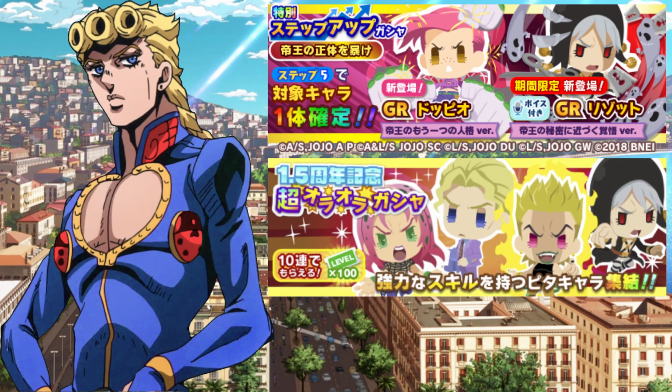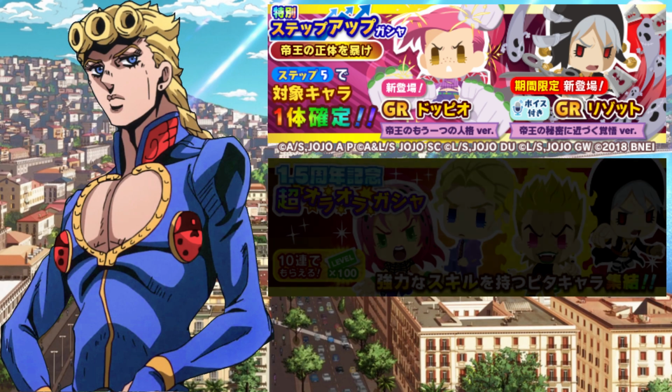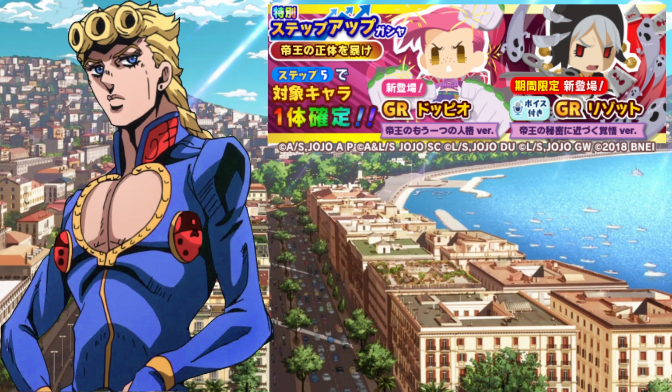So I feel like it'd be a lot more beneficial to go ahead and summon on the 1.5 anniversary banner than summoning on this banner, just simply because at the end of step 5 you're not guaranteed one or the other, because they threw on 3 other units. So they had Voice Risotto and Doppio as 2 of the 4 that you guarantee. One of them is guaranteed at the end of the multi, but then they went ahead and added 3 other units